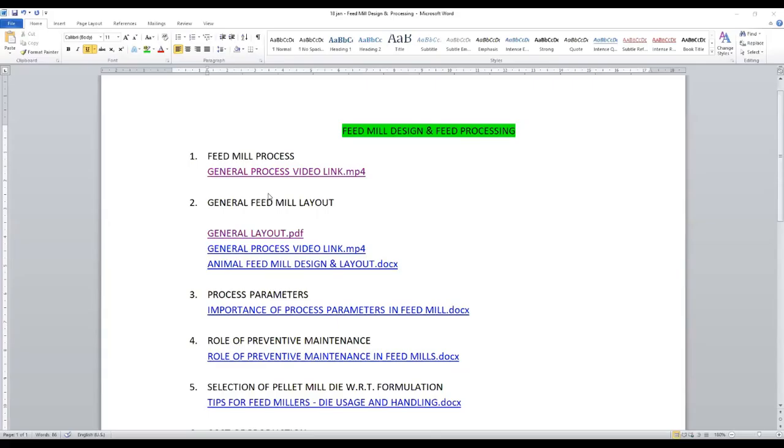The next process is the feed mill layout. This is a general layout of a feed mill. For an ideal, let's say, 10 ton per hour feed mill,